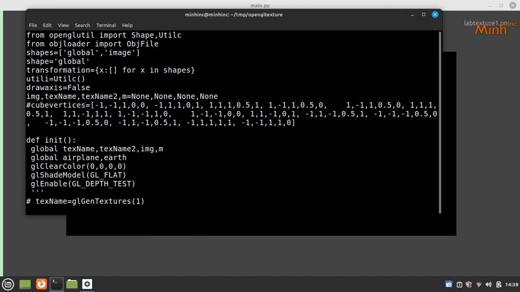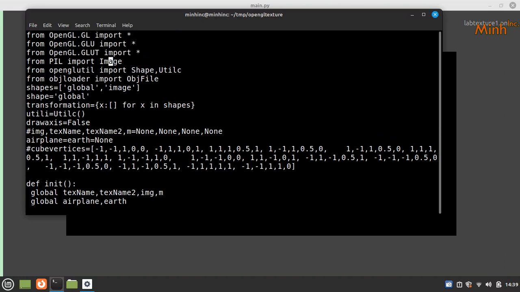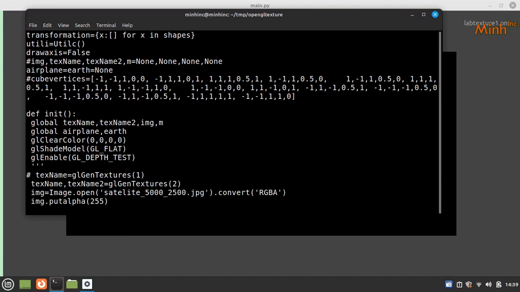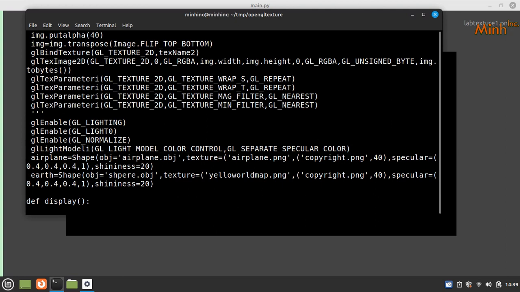Okay, so we'll comment this all together so that it should give an error if we are doing nonsense anywhere, and we'll have airplane equal to earth equal to none. Now we have imported from the OpenGL util, shape is the class, util C is there. So we don't want this text name and text name two, only airplane is there. All these codes are gone, only two lines of code. Airplane, what is the airplane? Ob equal to, texture equal to,